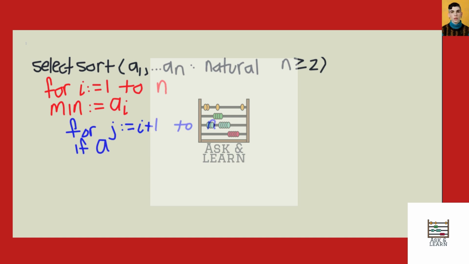So what's happening is, if we have a list of numbers, and say the first one has been sorted, and so we're at the second number, we're going to set that to be the minimum, and then we're going to compare the rest to it to see if any of them are smaller. Okay, so if any of these next set of numbers happens to be smaller than the minimum,